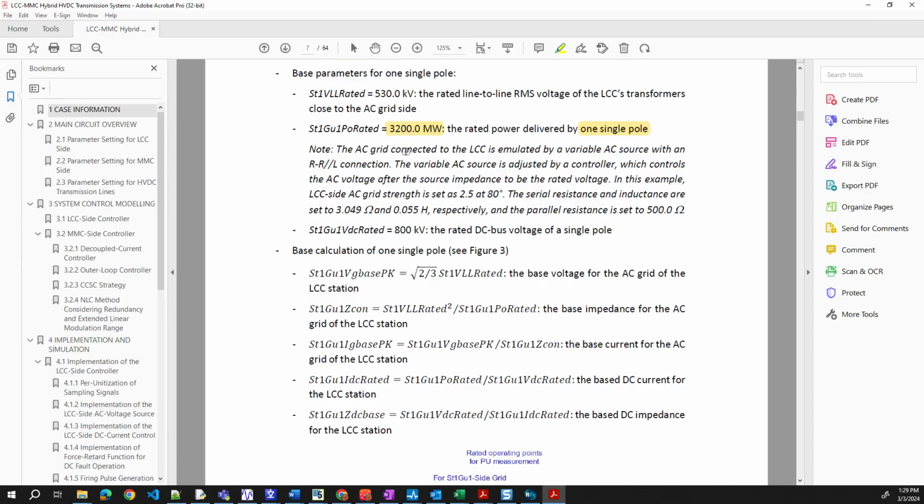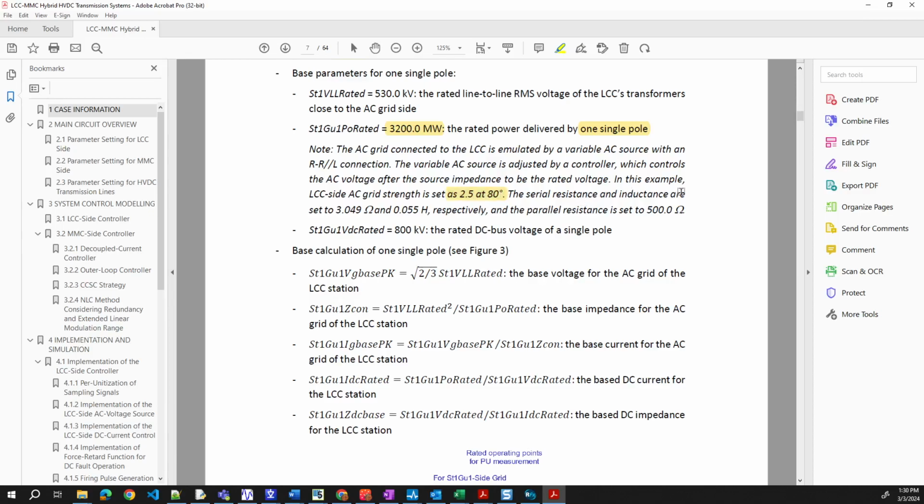Notice the AC connects to the LCC in a variable way with connection. AC is connected to a source. This variable source is set by a controller, which controls the AC voltage after the source impedance to be a wanted value. For example, in this example, the LCC AC voltage is set at 2.5 and 80 degree.